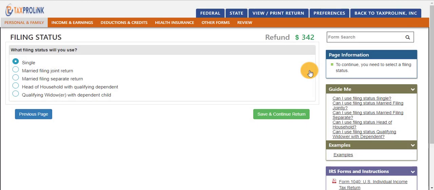Once you have fixed the problem, you're able to go to review, go through the process of finishing the return, and then retransmit the return to the IRS to get accepted. That is how you fix a